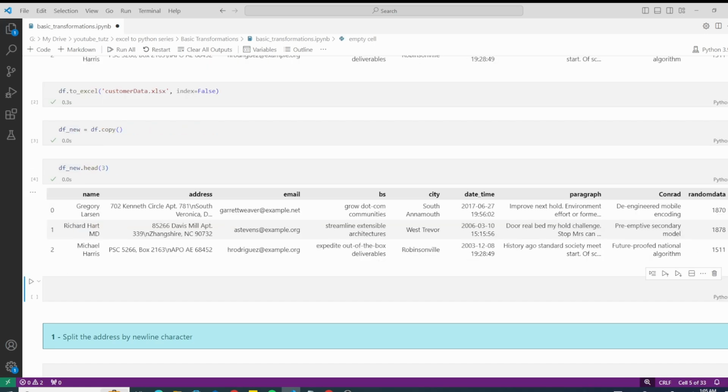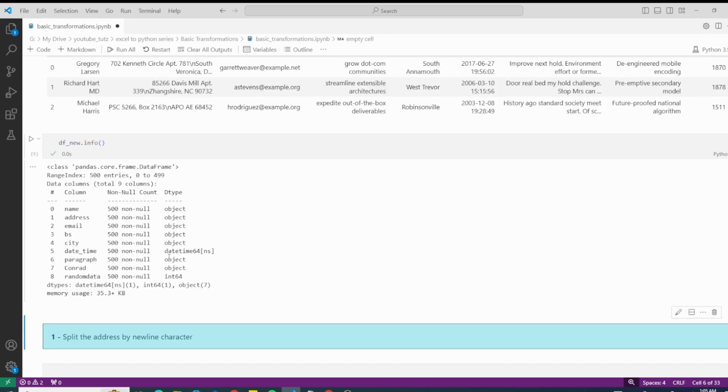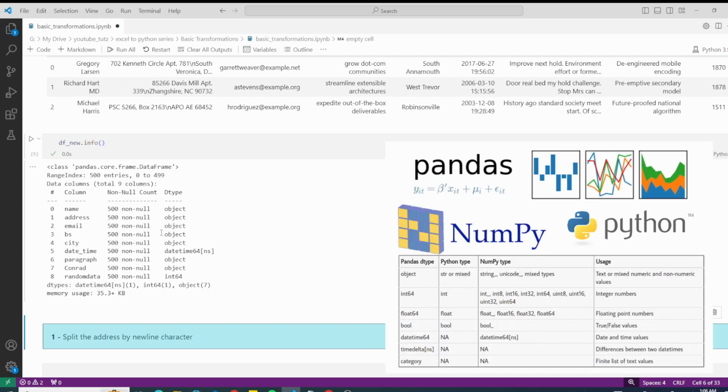As a good practice, we can always check information of our data frame using the .info method. So let's do that. Here we can see the column names, data types, etc. You can see the total amount of entries. So we have 500 entries total, and you can see all the 8 columns have 500 non-null values. It means there is no missing data in any of the columns. Then you have the data type here. So object is the mixed data type or string data type. Datetime is datetime. Int64 is integer. And here at the end, it summarizes how many data types appear how many times.